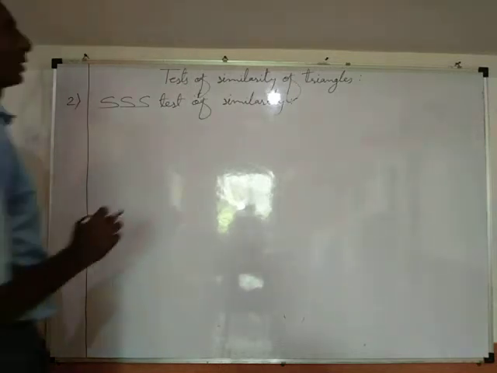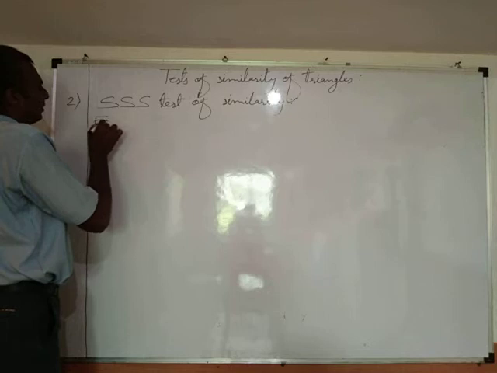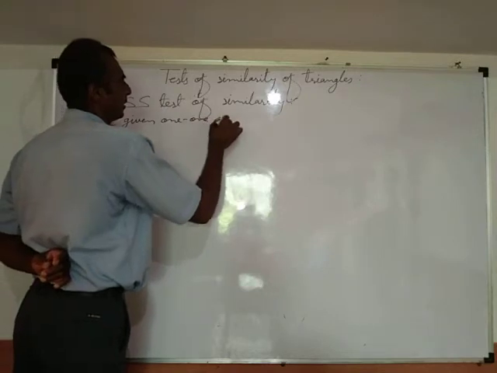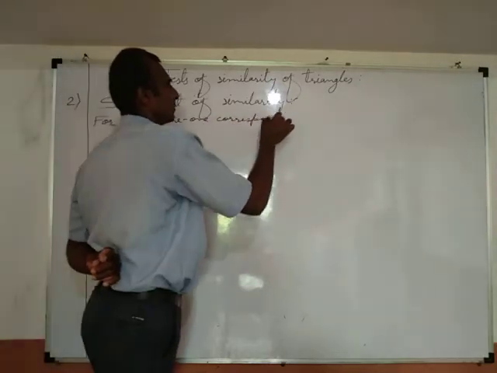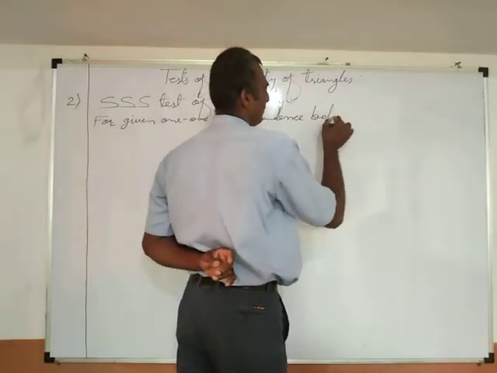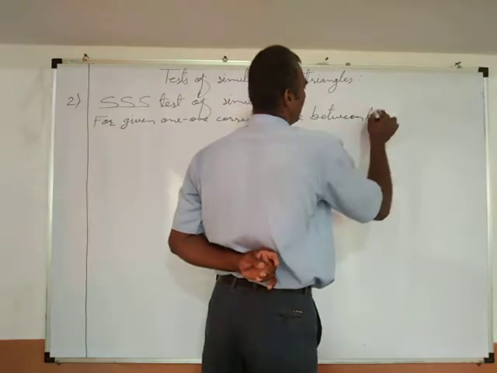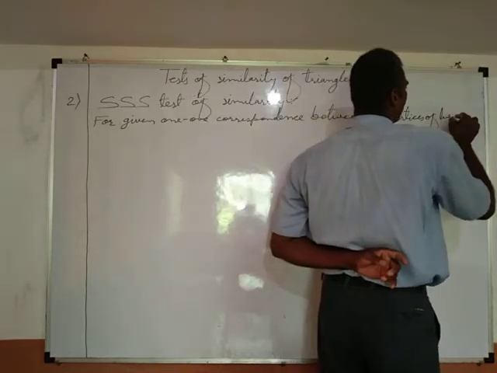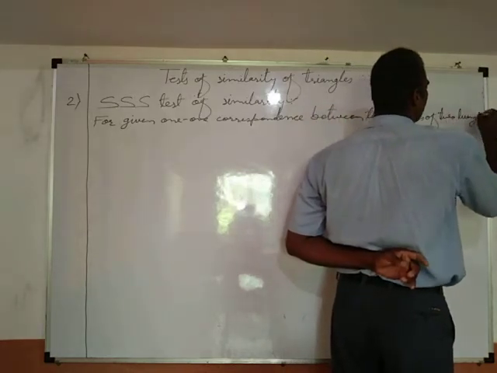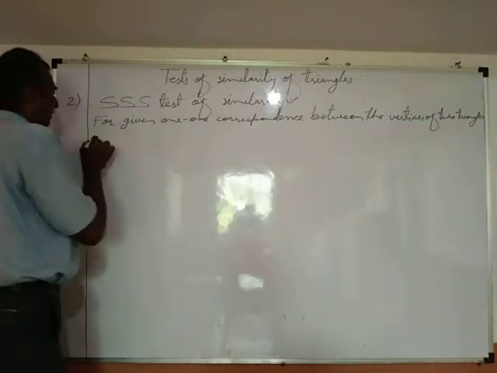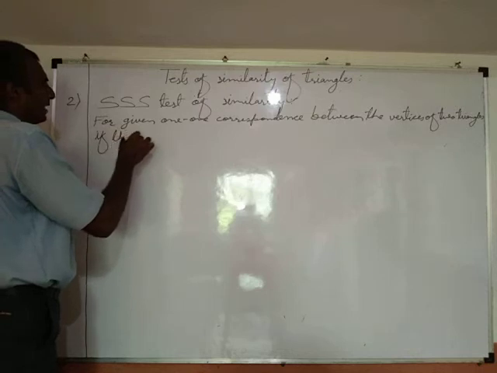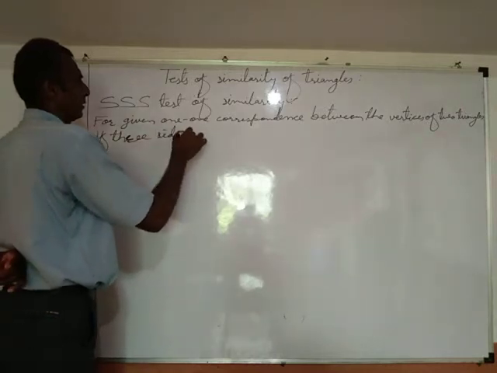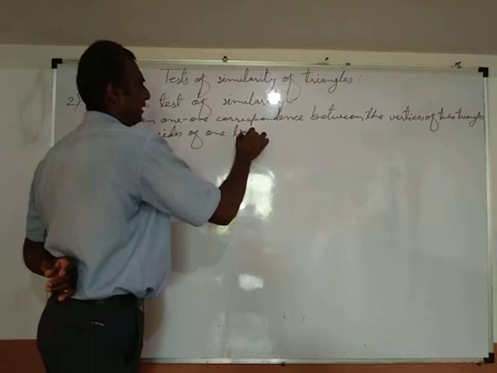Test of similarity. For given 1:1 correspondence between the vertices of two triangles, if three sides of one triangle